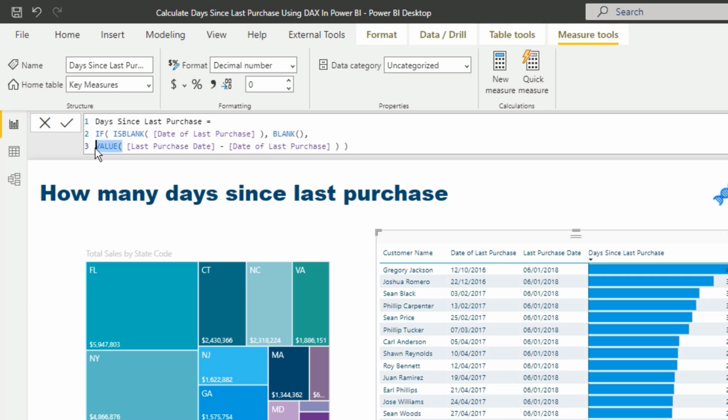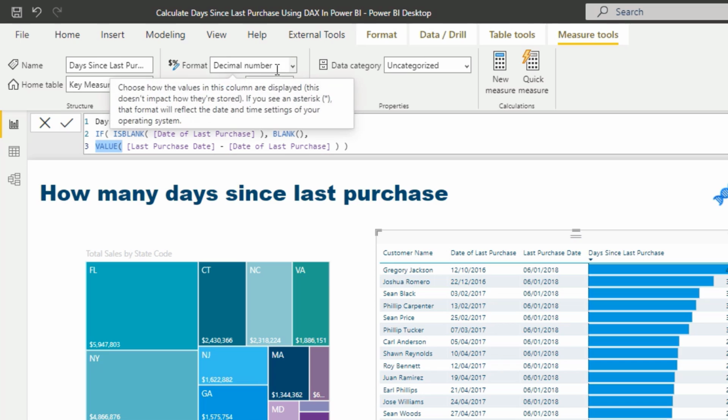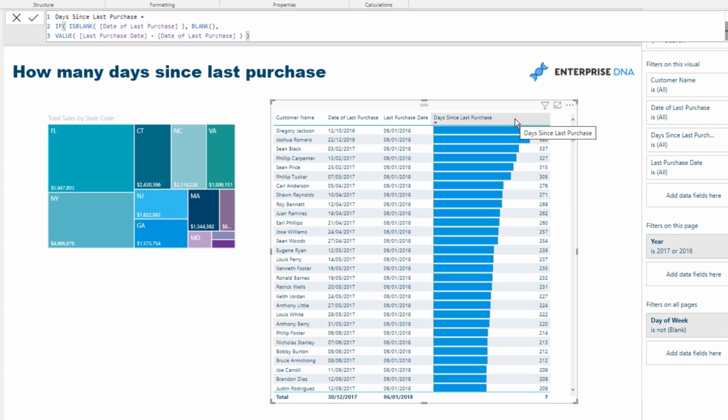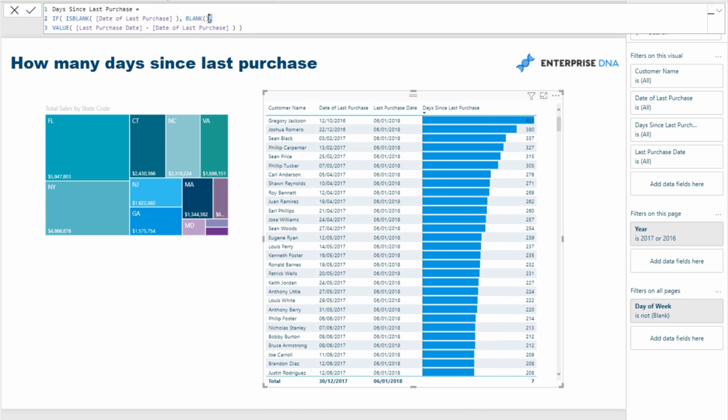And so what VALUE does is it actually turns a text value into a number. So if you do have a value which is a number and it's returning text as a measure, and you can't figure out, it doesn't actually give you an option to change it here, then you can use VALUE to change that over. Now, the one other thing to note, and you'll see here I've got a bit of logic in this formula as well,